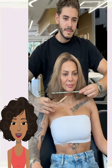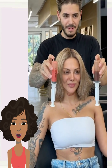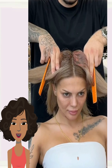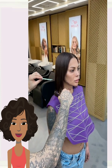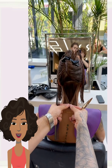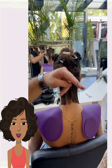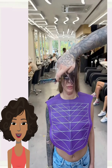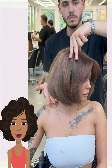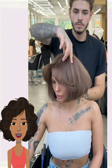Next up, we see someone with hair around their shoulders. Looks like she's getting some color done and doing more of a darker bob for this transformation. Oh, wow. Beautiful chocolate brown color. So pretty. And this is such a gorgeous hue, especially for like the fall and winter season. Very